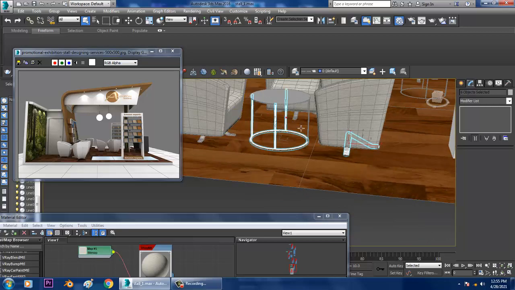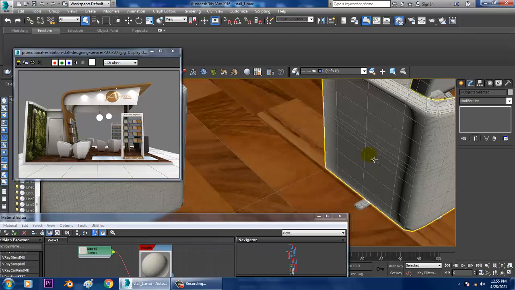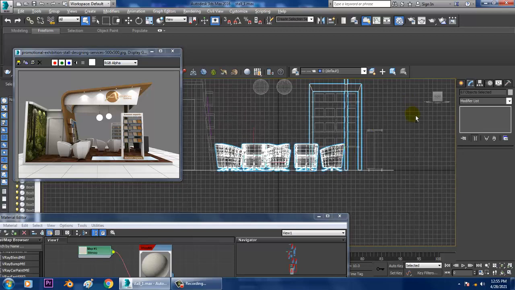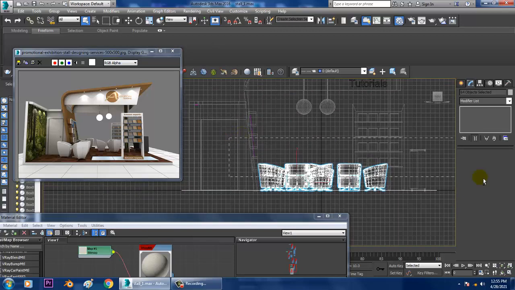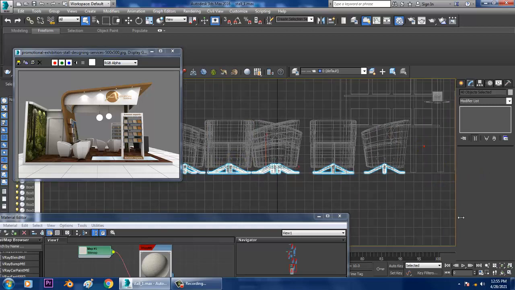So you can easily assign this same shader. I can just go down over here, I'll select all of this, exclude this area.